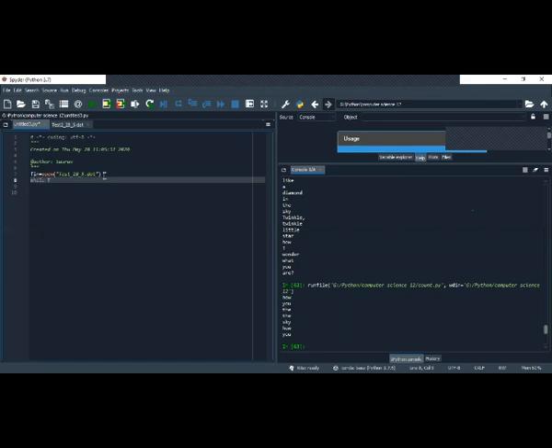So here I am writing while true, rec equal to fin dot readline. If rec equal to blank, this will only come when there is no data there.